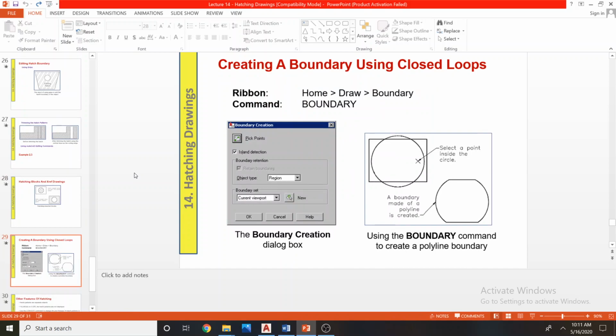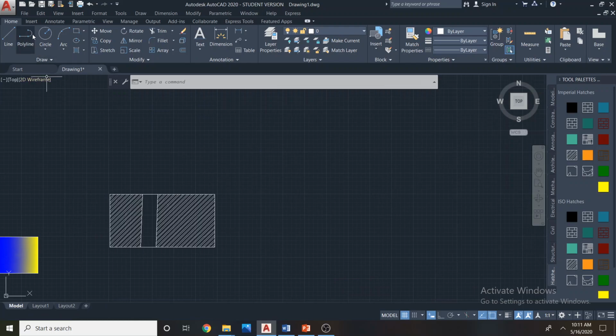Now we look at how to extract areas. This is a different concept. This is called the boundary tool. The important thing about the boundary tool is you can actually extract information. This is especially needed when you survey land and try to divide the area into small land plots. So we will look at how it works in AutoCAD. I draw the same object from the slides.